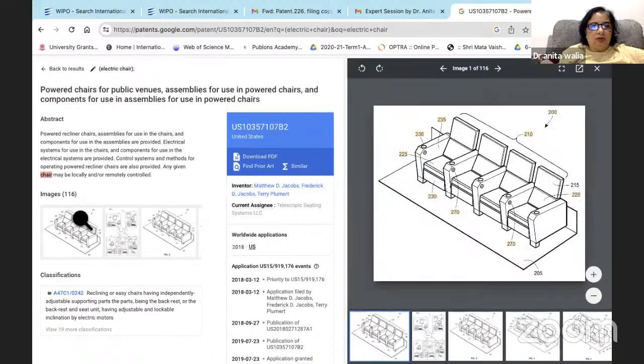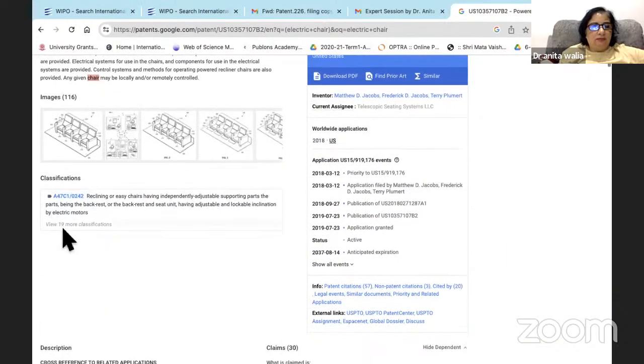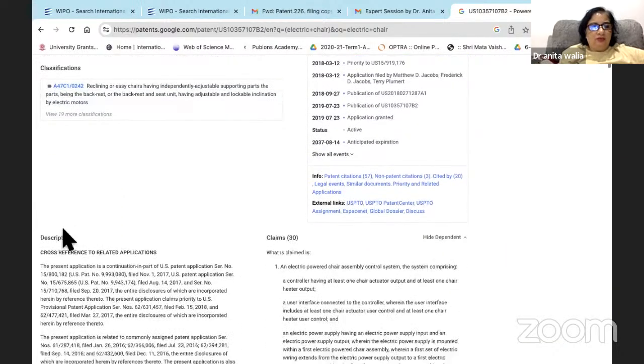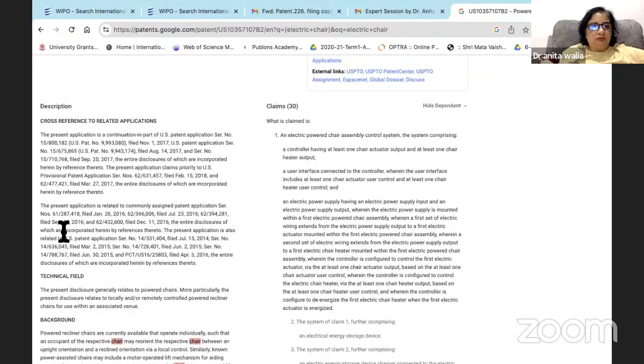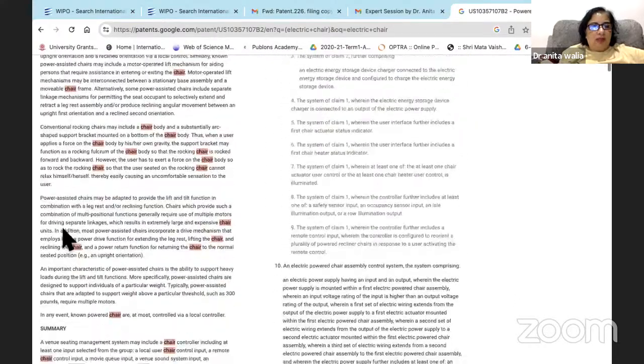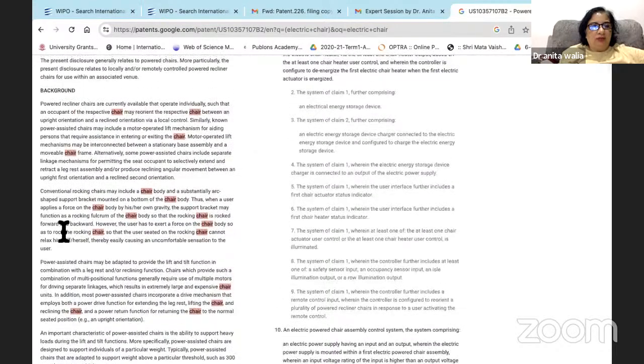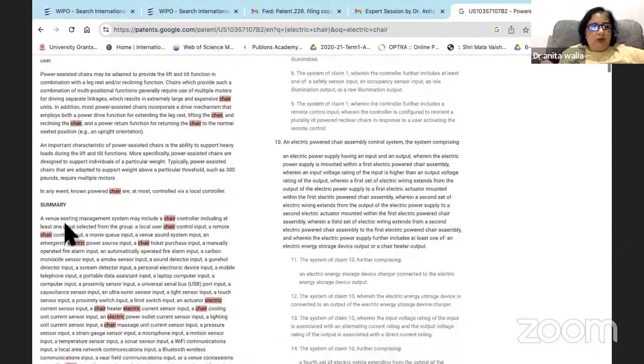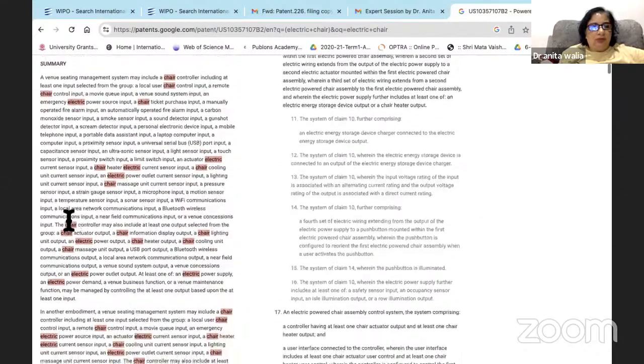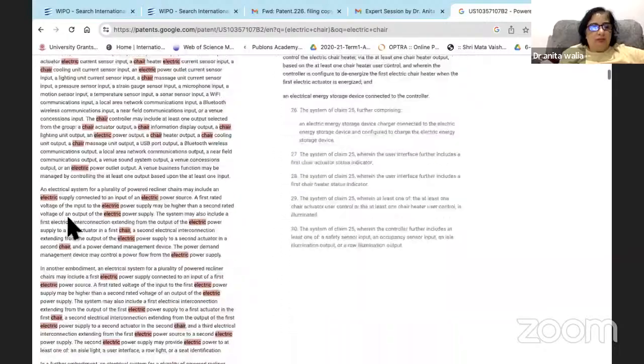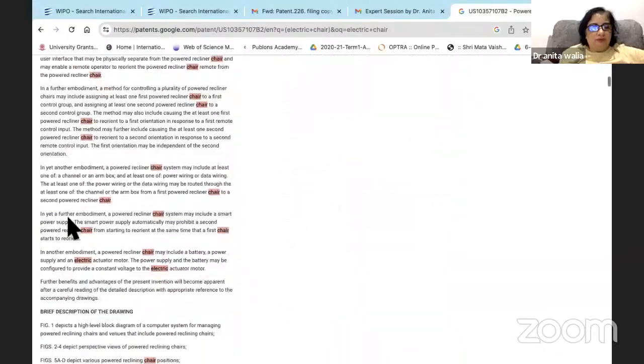You can just enlarge and see the image here. This is the design, classification, description, technical background study. Why have you done this? What is the use of this? Whether a literature review was done or not. A summary of the entire chair, the entire research you have done.